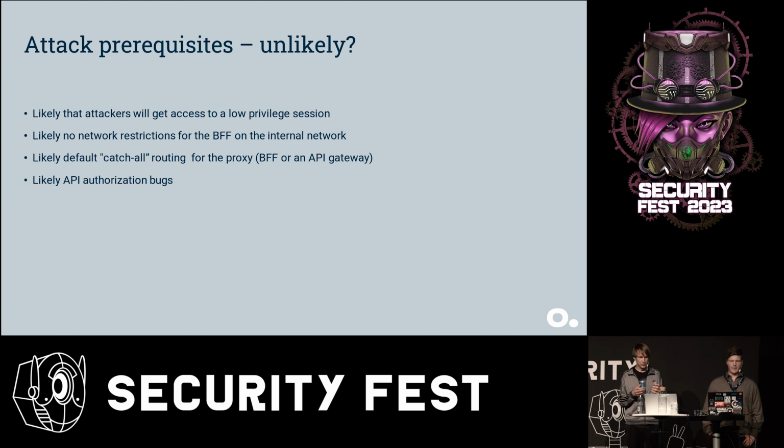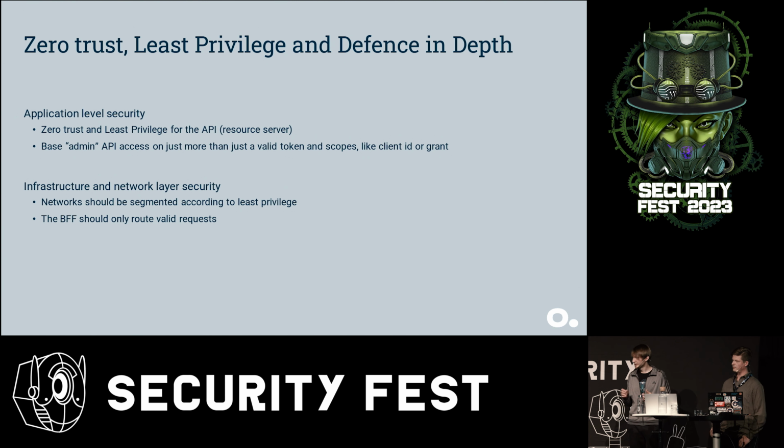Before we look closer at this, we want to point out that if you're not following the best current practices, you might have much worse issues than the ones we are talking about right now. And so how can we do mitigations to lower the risk of this? As always, sound security design principles will help and guide us. We have zero trust and least privilege for the API here, which tells us that we must do proper access control regardless of any infrastructure protection. But we should also build defenses in multiple layers, defense in depth.